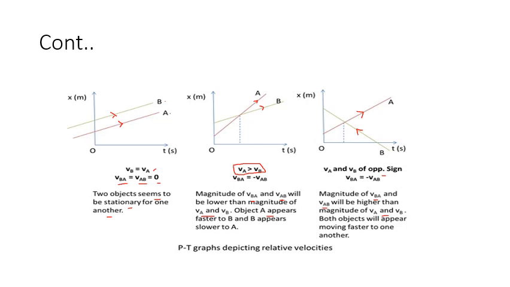Say for example, if the objects under consideration are two trains, then for a person sitting in either one, the other train seems to go very fast. Even you may experience this. And with these three graphs, we have one more condition, which I discussed in the previous slide. If both the objects A and B move along parallel straight lines in the opposite direction, then what will be the relative velocity? Correct. Your relative velocity will be added up.